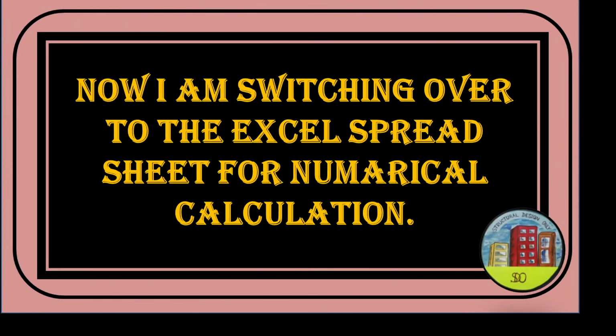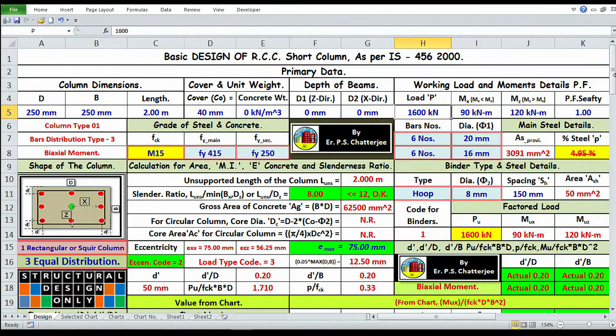Now I'm switching over to the Excel spreadsheet for the numerical calculation. Welcome to my Excel spreadsheet for the design of short R.C.C. column. My first problem, axially loaded column. Size we have considered 600 by 450, length 3 meters, cover 40 mm, M20, Fy